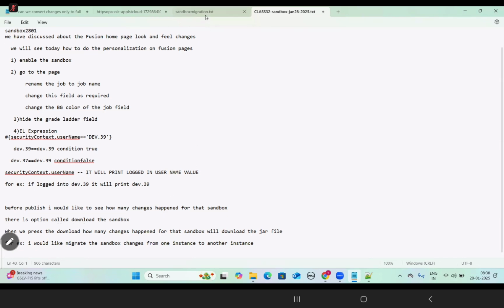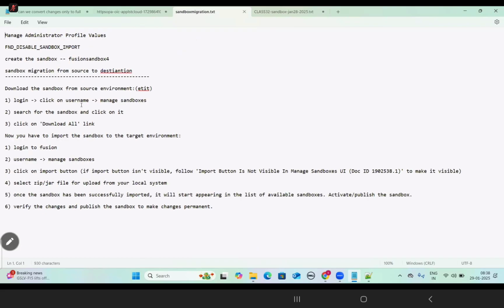I have provided a step-by-step document. First we need to go to manage sandboxes and download all. We need to do this in the source instance. Now in the destination instance. For example, you are working on production or any other instance, then you need to migrate the sandbox like this. First we need to download the